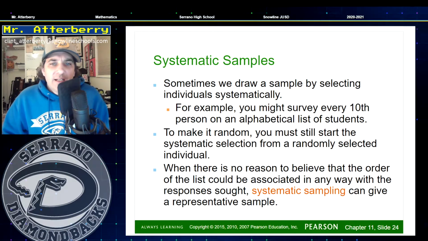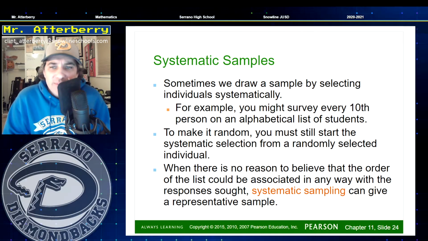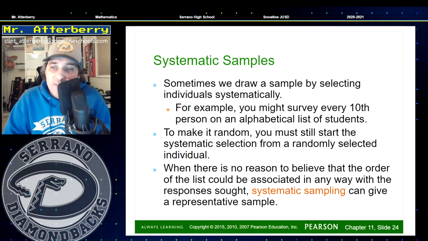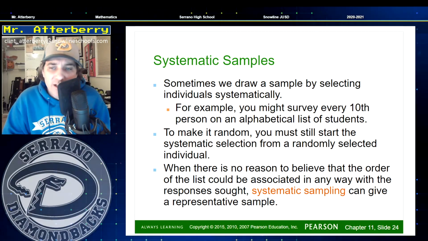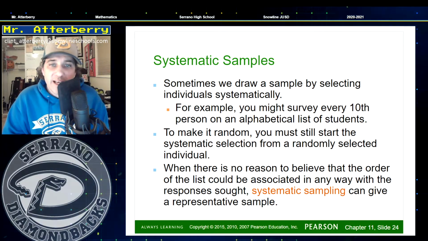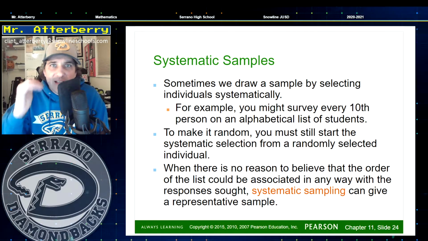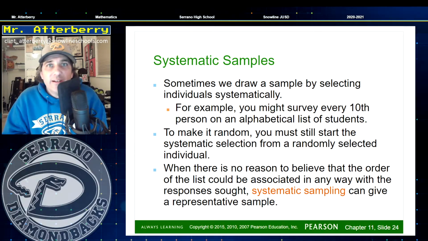Okay. Next is systematic samples. Sometimes we draw a sample by selecting individuals systematically. For example, you might survey every 10th person on an alphabetical list of students. So systematic, you've got a system. You're going down a list, every 10 people, or maybe you're just counting,